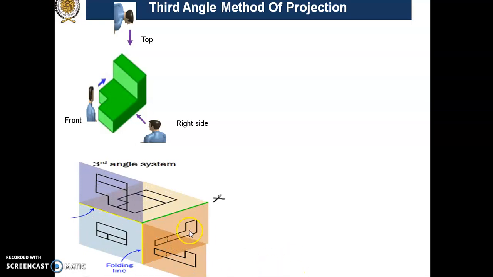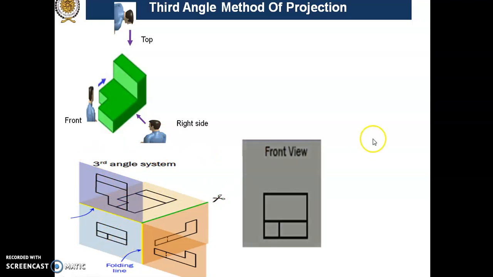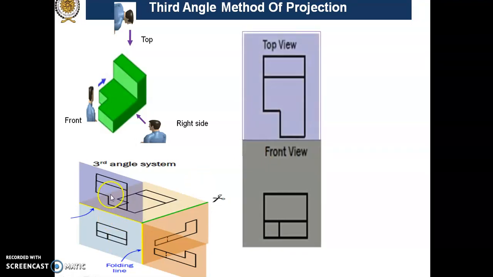The same thing will appear over here. Here you can see, here it is the front view. Here it is the top view, which appears on a horizontal plane. It is being turned through 90°, and we get over here the front view like this and the top view over here like this. Now the right hand side view appears on this profile plane, and we have to turn this plane through 90° so as to make it coplanar with the vertical plane, and you get your right hand side view on the right hand side of your front view like this.